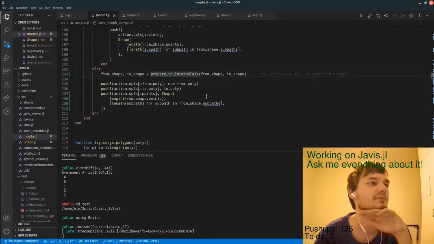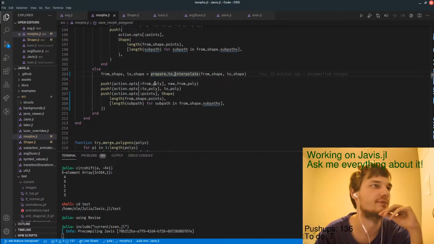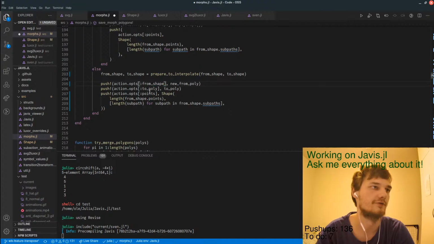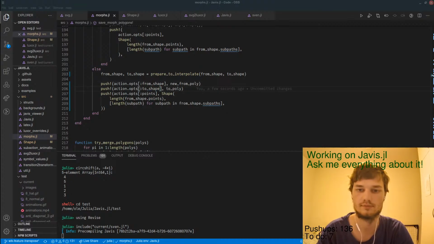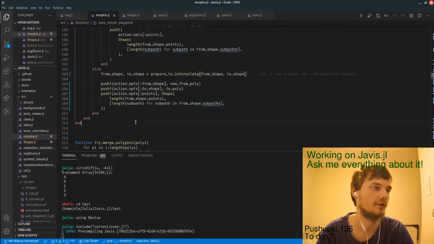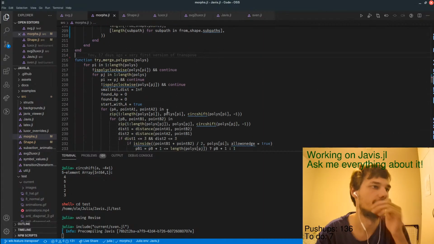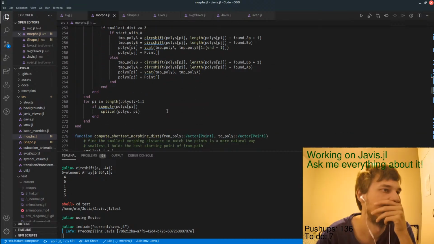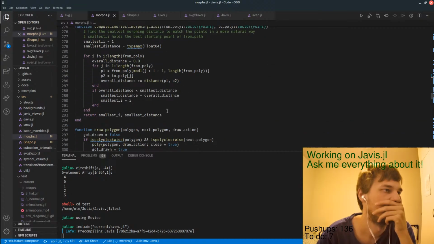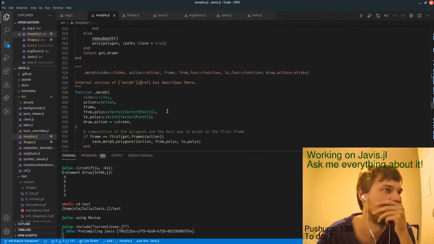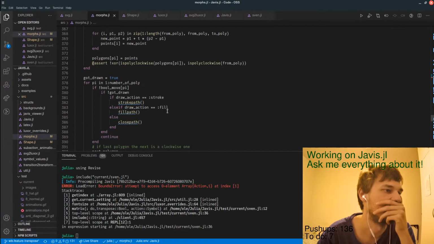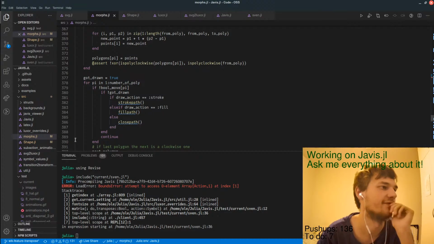Okay, so we now have this should go to from shape to shape, of course. Structure is really bad. Yeah. Okay, so I want to go to. Still have this weird issue.